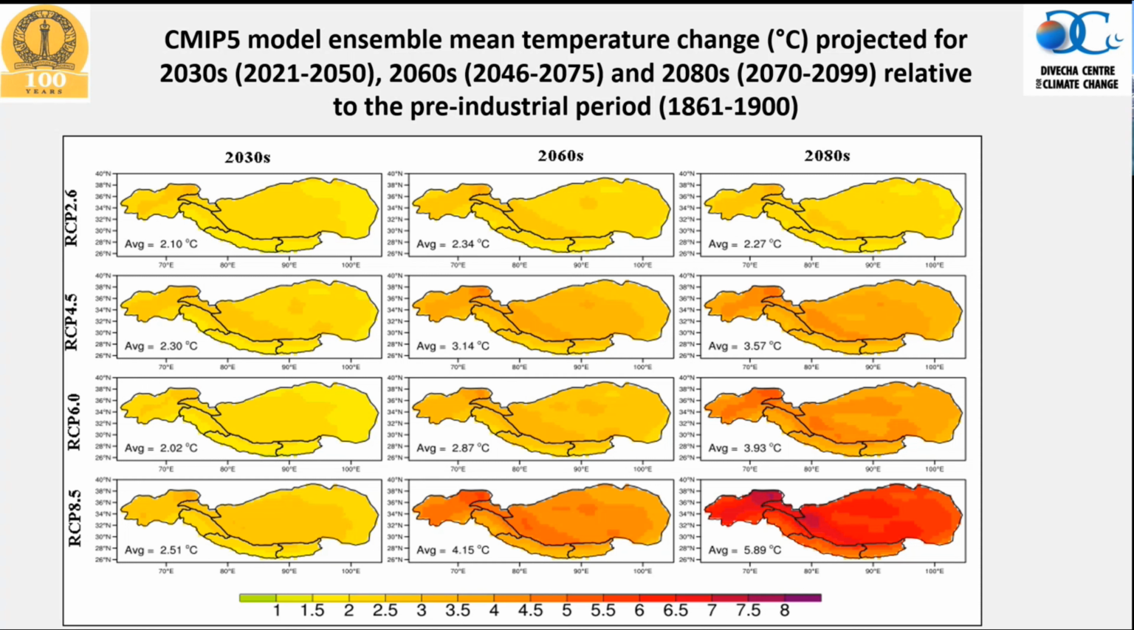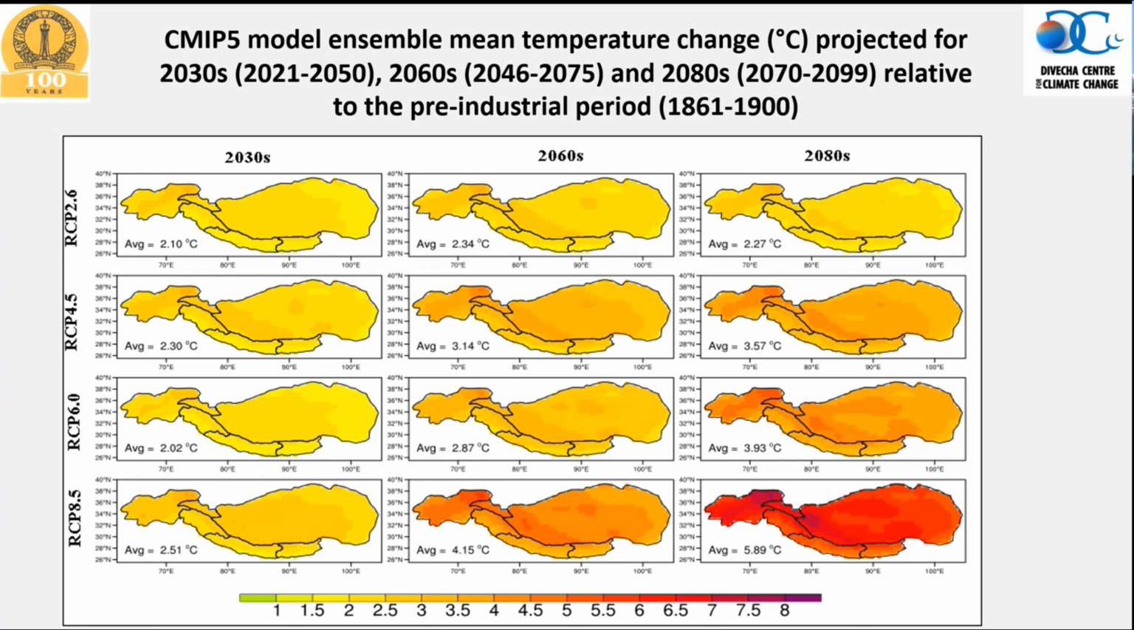That means the temperature rise by 2030 will be around 2.5, then 2060 is 4.1 and 5.89 by the end of century. So it is an extreme case scenario. And RCP 2.6 is a very optimistic scenario. That means 2.1,